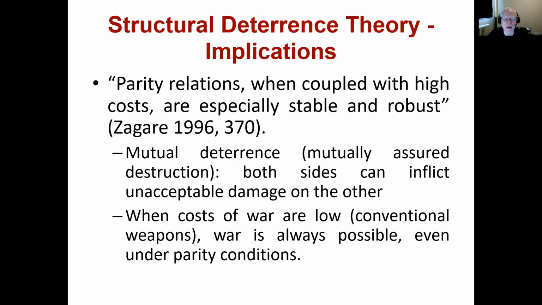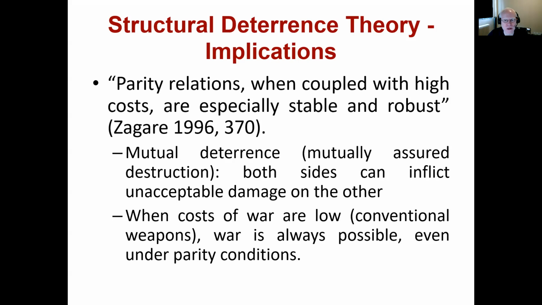Now, because in the Cold War both sides had nuclear weapons, they could both threaten the other, saying, if you do this thing I don't like, we'll destroy you. So both sides knew that if any conflict got started, there's a possibility that it would escalate to a situation where both sides were firing nuclear weapons at each other. And so conflicts would lead into a situation referred to as mutually assured destruction, where both sides can inflict unacceptable damage on the other. And it's fun that the acronym for mutually assured destruction is MAD.